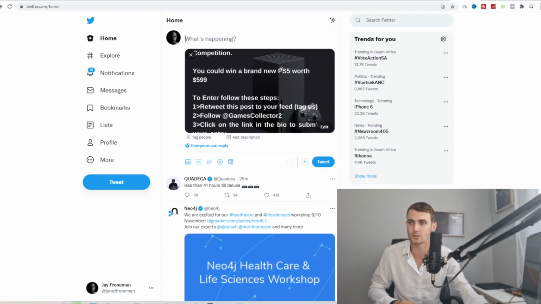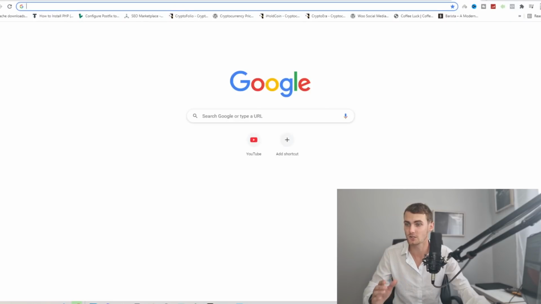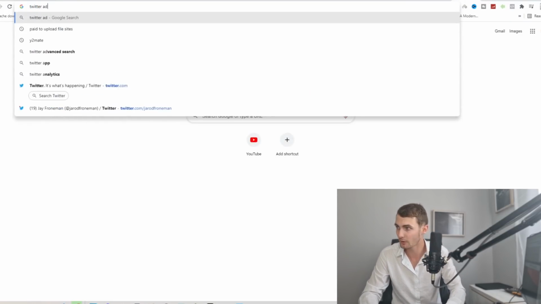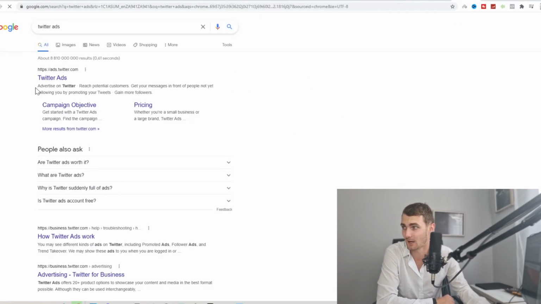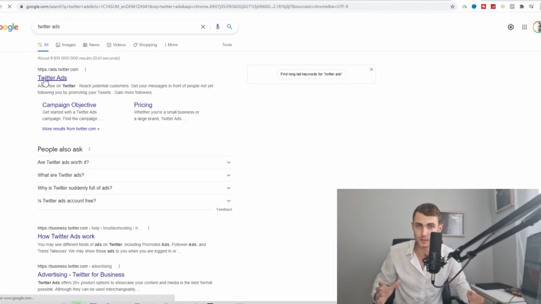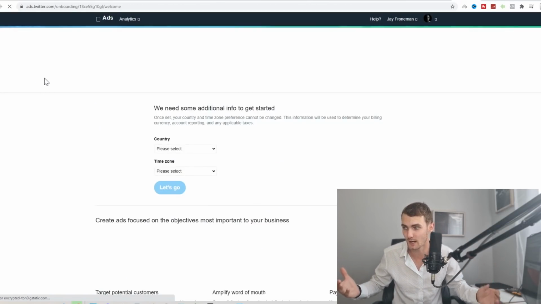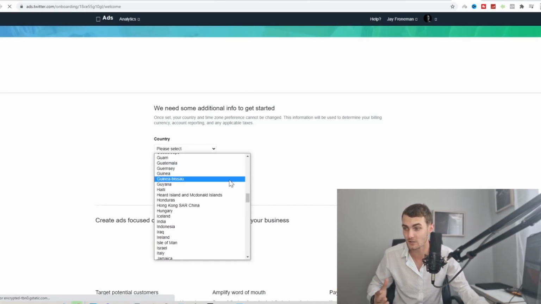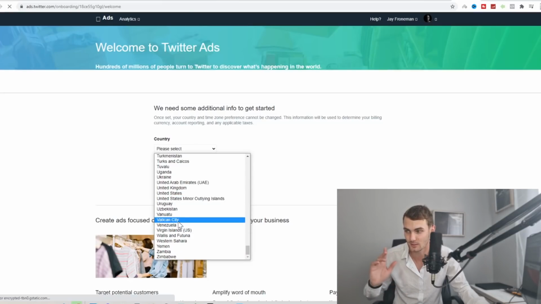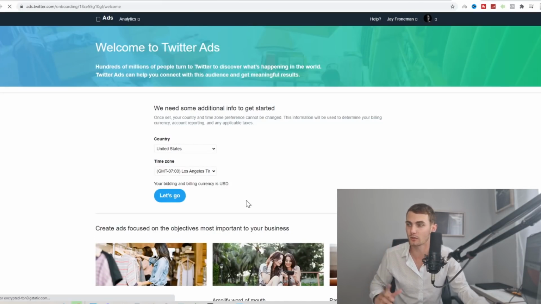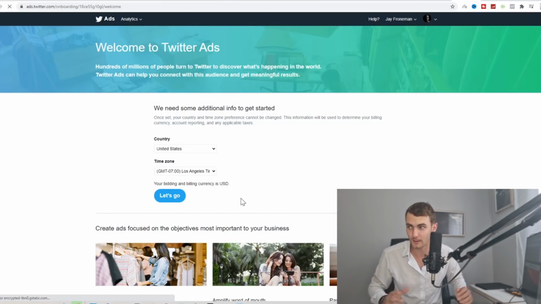And you can also go and do this on Instagram, and you run this on Instagram and Twitter at the same time. So you can also go and run Twitter ads. Once you've made a bit of money on Twitter and just reposting and getting other people to share it, and you've got enough for a couple of Twitter ads, you want to go and run ads just in the United States, because keep in mind, this offer is only allowed in the United States. Go and run a couple of ads, and all of that paid traffic will share your post, and all of their followers will share your post, and that's just how it goes viral.